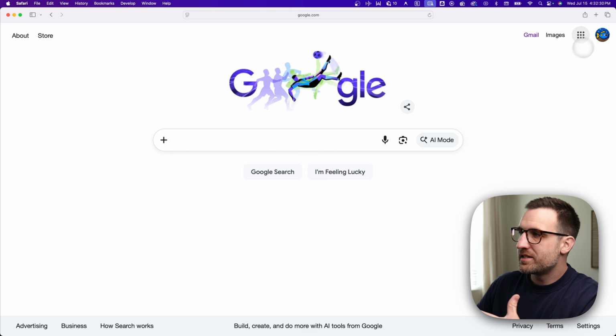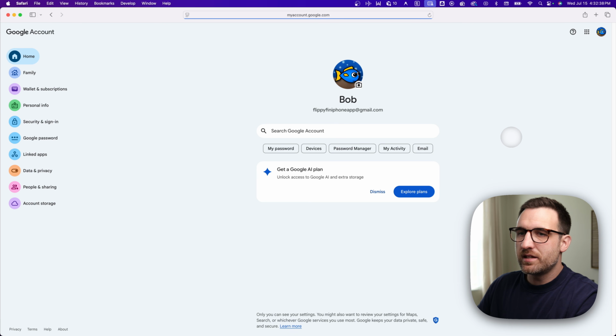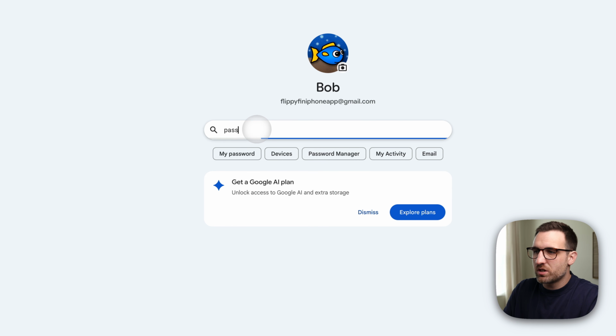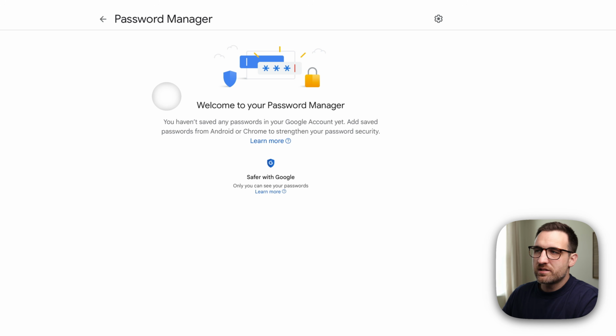Number one is that you can go to the password manager of your account. So we click on our profile picture, we go down to manage our Google account, and then we actually can just search or go into security and sign in and scroll all the way down to the password manager. We're going to search for password, and it should pop up password manager right here. So we can click on that, and this actually takes you to